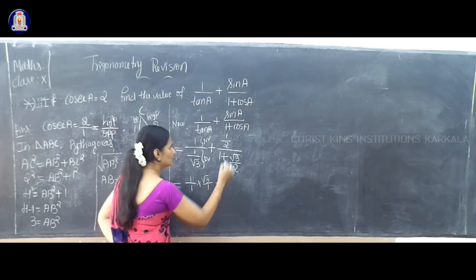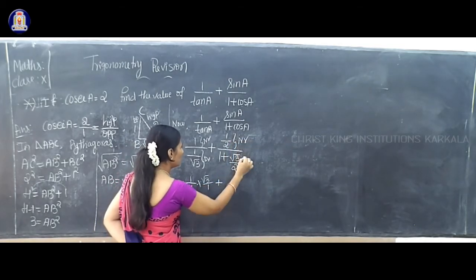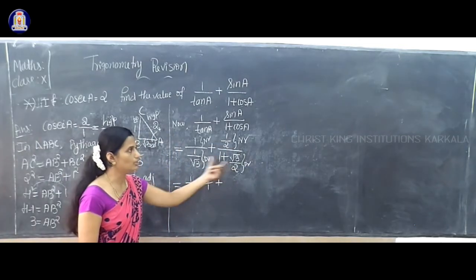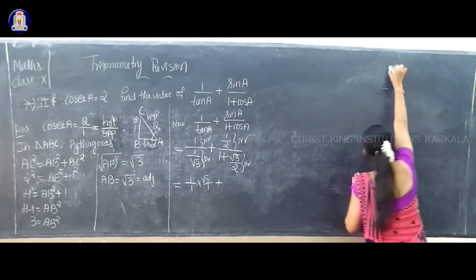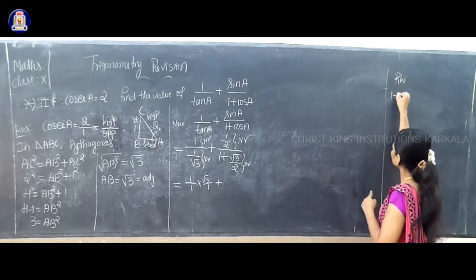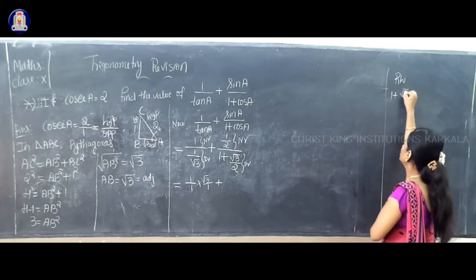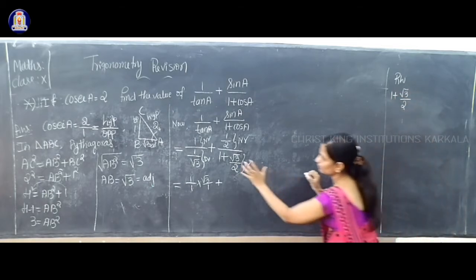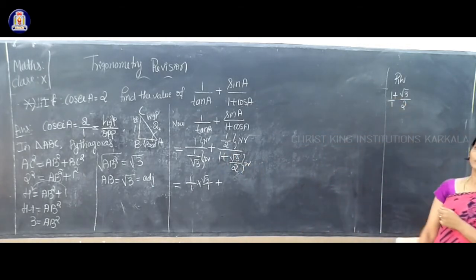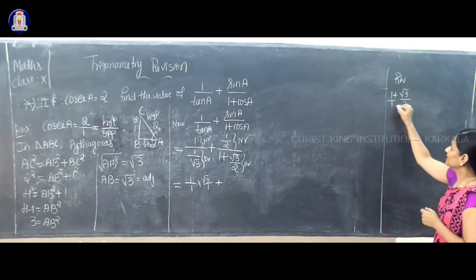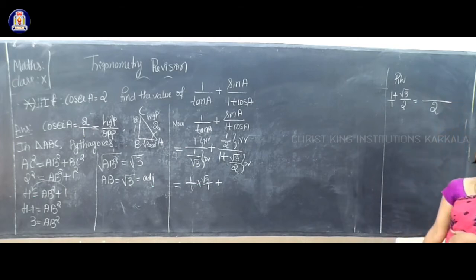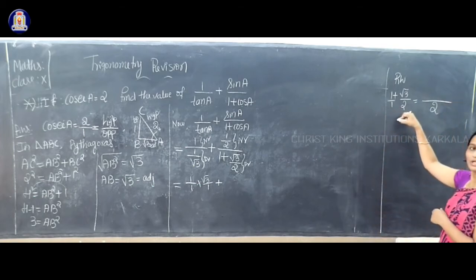Next plus, this is your numerator and this one is your denominator. Then you have to simplify your denominator, that is rough work. So I do rough work here. So that is LCM, simplification of 1 plus root 3 divided by 2. I simplify only this part, okay. So how to simplify this? 1 means it is 1 divided by 1. So you have to take the LCM of 1 and 2. What is the LCM of 1 and 2? That is 2. 1 and 2 LCM is 2.